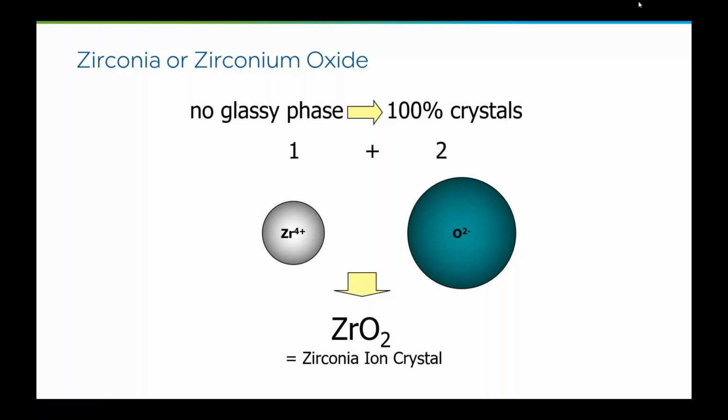Ceramic engineers, we ran into the idea that we got tired of saying oxide. So instead of saying silicon oxide, aluminum oxide, titanium oxide, we said titania, alumina, and silica. In this case, it's zirconia. It's 2 oxygen atoms to 1 zirconium atom. And what makes this material unique is it's what we call a polymorphic ceramic,